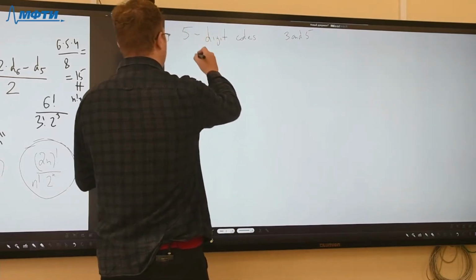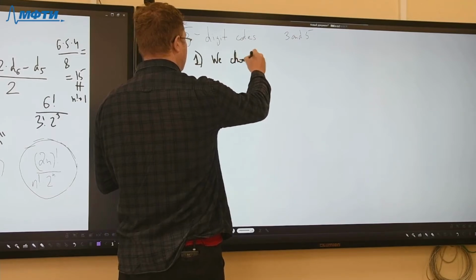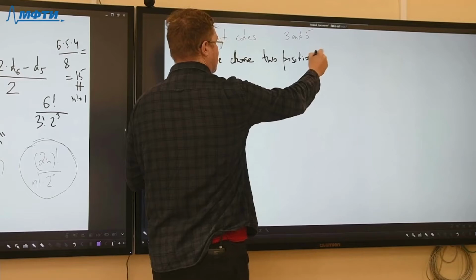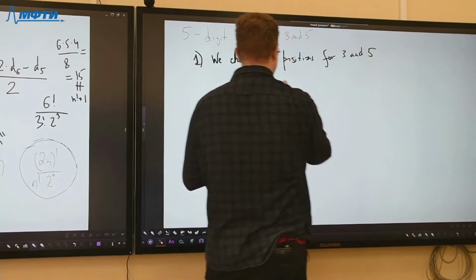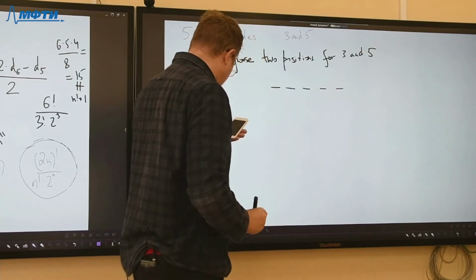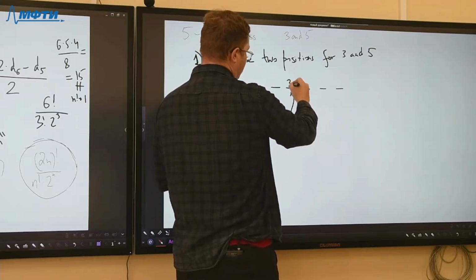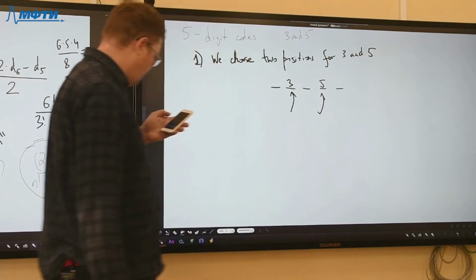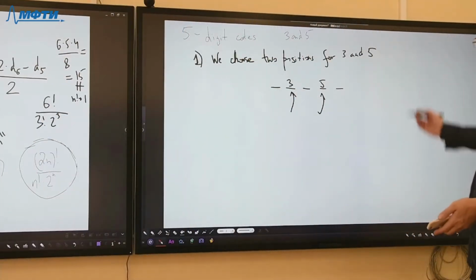So first of all, we choose 2 positions for 3 and 5. So we have 5 places, and we choose 2 positions for 3 and 5. So we put here 3, put here 5, and take any number for the other 3 positions. So the answer will be